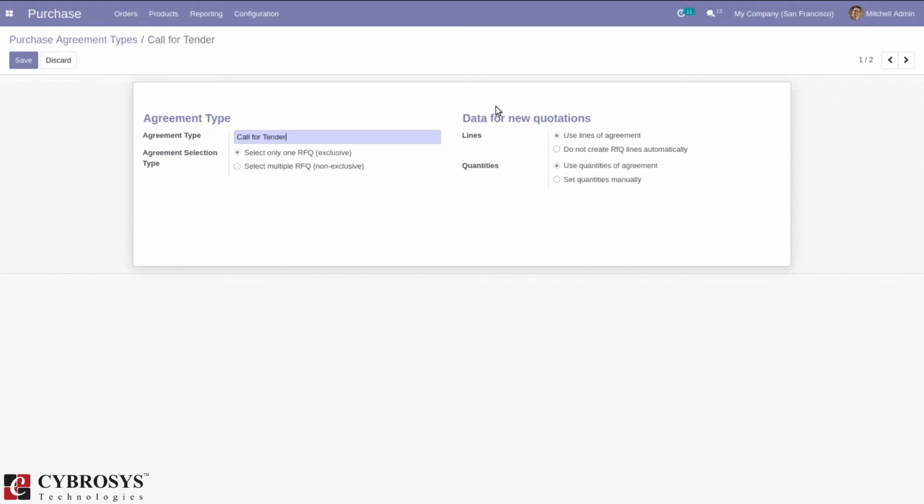Then here we can set data for new quotations, that is whether to use lines of agreement, that is product lines can be used from the agreement, or we can use this option to not create RFQ lines automatically. For this call for tender, I'm choosing the first option. Then here we can see another option for quantities, whether to use quantities of the agreement or set quantities manually.